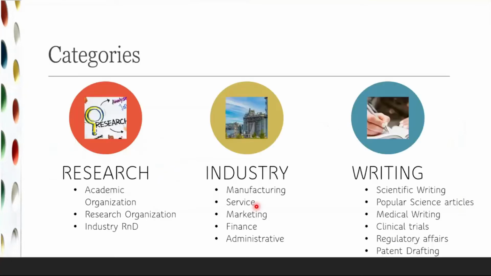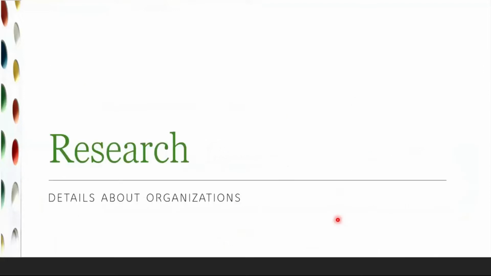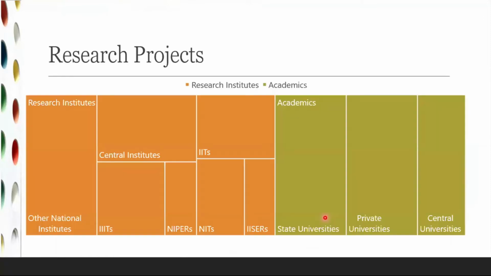And we are here focusing on three major areas, that is research, industrial training, and writing. So if you wish to undertake research for your dissertation, obviously you would either join an academic university where the faculty members have their research areas and projects, and setup is very similar to ours. You can choose from state university funded by a state government or central university funded by the central government or